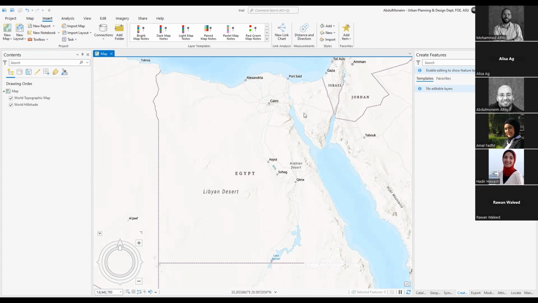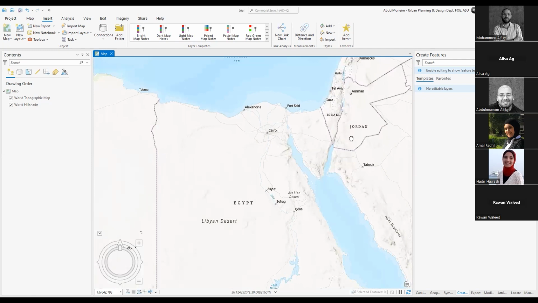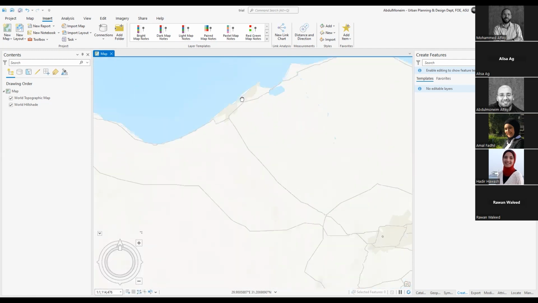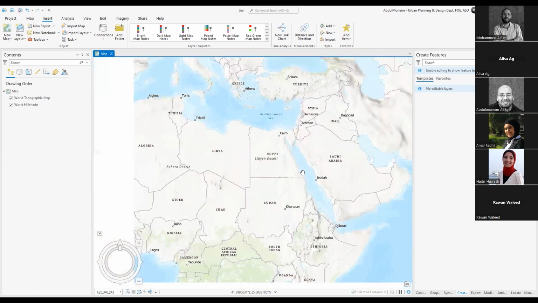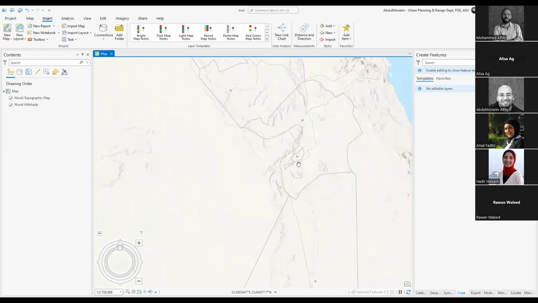As you see, when you start the project, it usually opens the hillshade and topographic maps as the base map, and it will start where your device location says you are. So you can just choose any location. I will zoom into, let's just choose something here. For example,